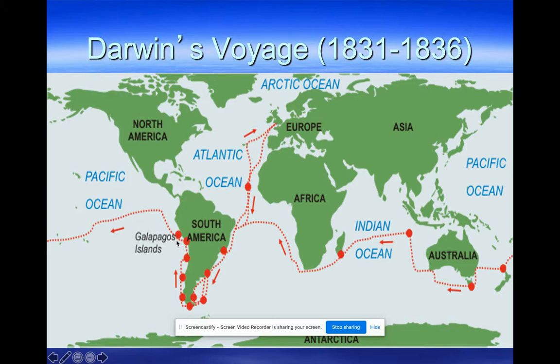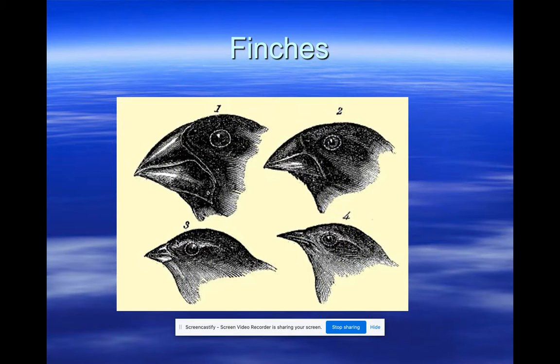Now, the Galapagos Islands are famous for a lot of things. One of them is this kind of theory of evolution that he put forward based on these birds called finches. So what he noticed is that the Galapagos are made up of several different islands, and each island has a different type of environment, different types of food, even some different types of weather. So what he noticed is that each of these finches, their birds, had a specific adaptation or trait that helps them survive with their beaks.